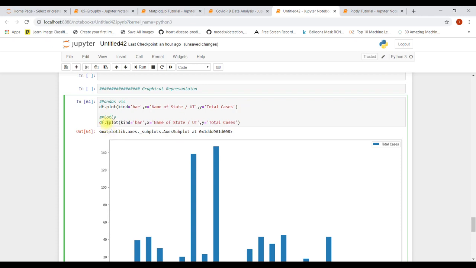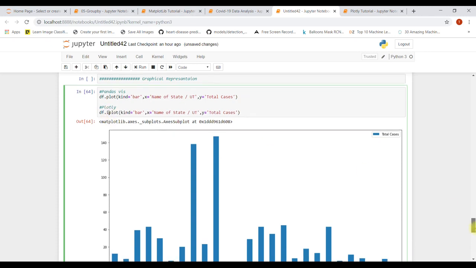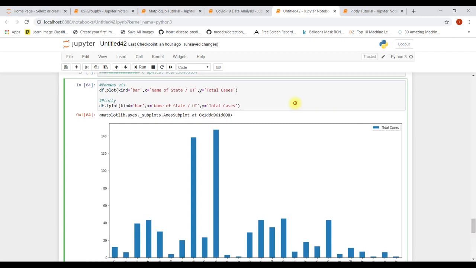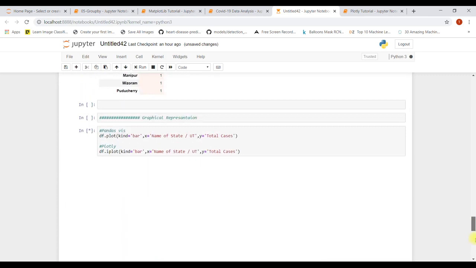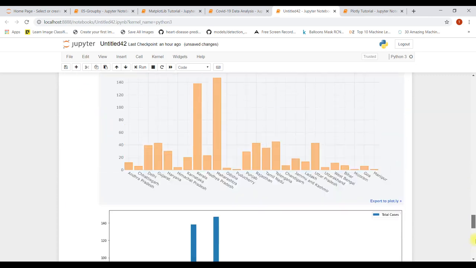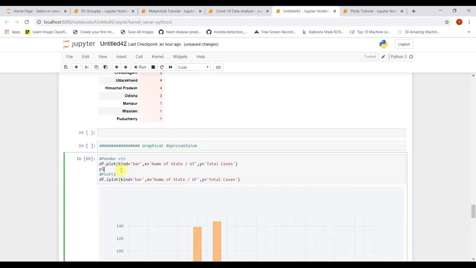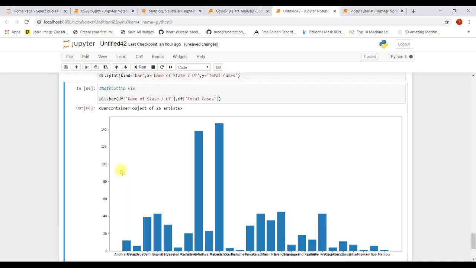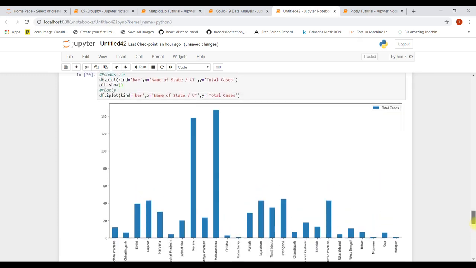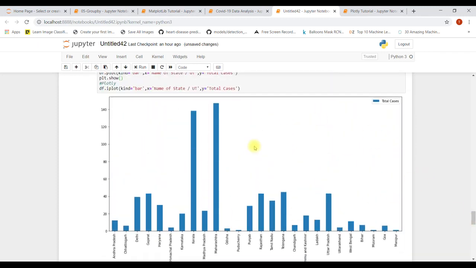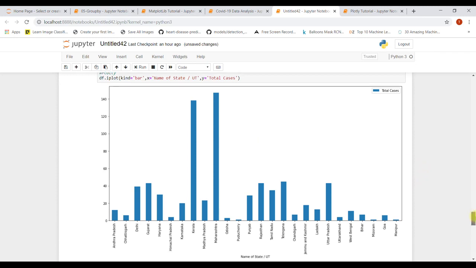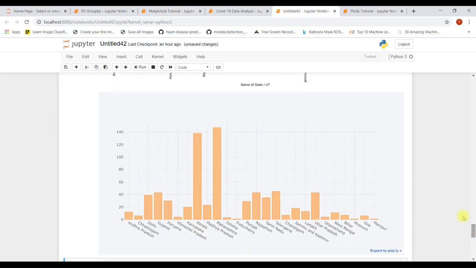Just put iplot, okay. Just by putting iplot you will see a kind of magic function and things going on. You will see the main difference. Let me put it here so that the pandas one comes first, okay. Now see the basic difference. You are just seeing some graph in pandas data visualization, but in plotly you have some functions